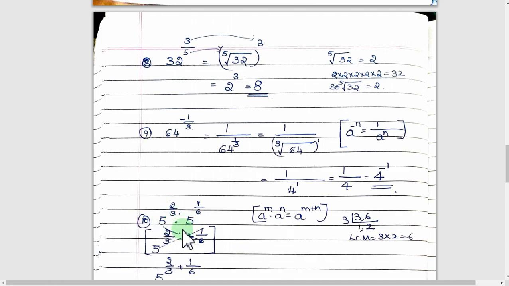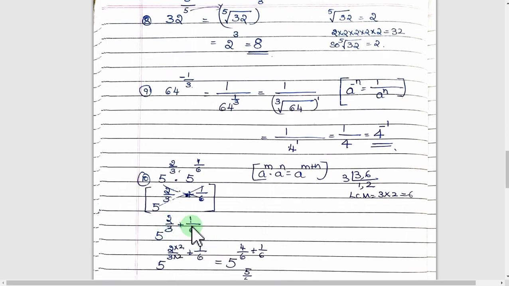5 to the power of 2 by 3 into 5 to the power of 1 by 6. Already I have explained this sum. A to the power of m into a to the power of n is equal to a to the power of m plus n. So here 5 to the power of 2 by 3 plus 1 by 6. Now we have to equalize the denominator. To equalize the denominator, we have to take the LCM. I have shown here taking